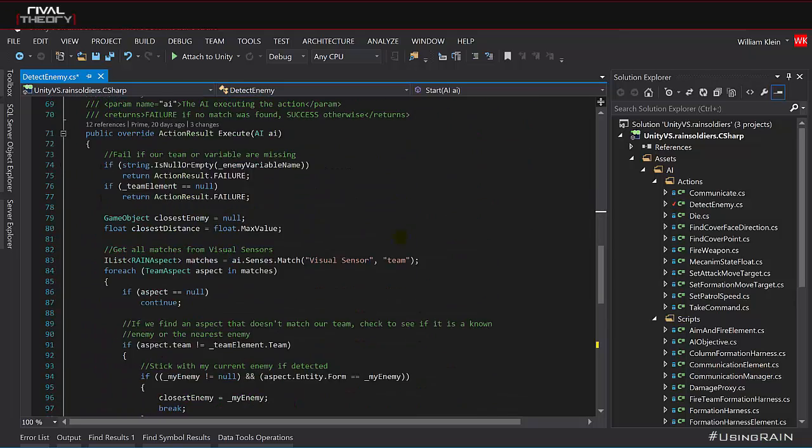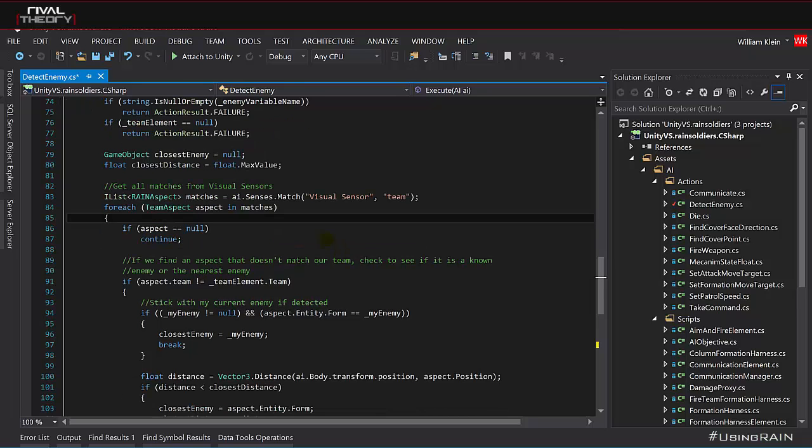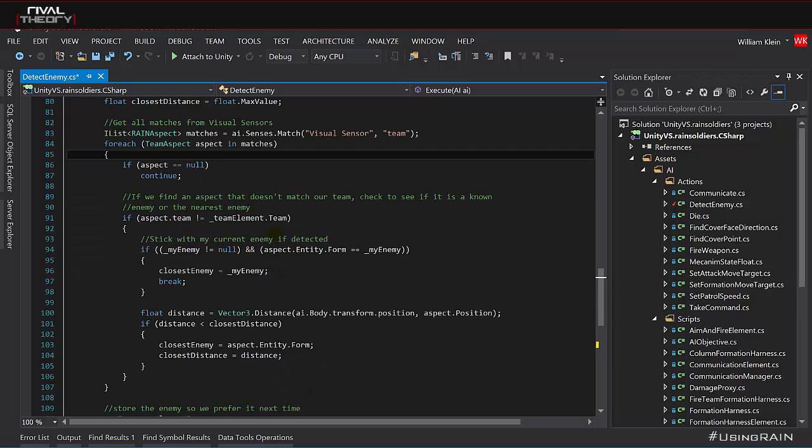The execute method starts by requesting a list of all aspects with the aspect name team that are currently detected by sensors named visual sensor. We then check each matching aspect one by one, making sure that the aspect is actually a team aspect. Team aspects are custom aspects we've defined for this project that carry information about which team an AI or player is on. Here, the code looks for aspects associated with another team, those are the enemies, and keeps track of